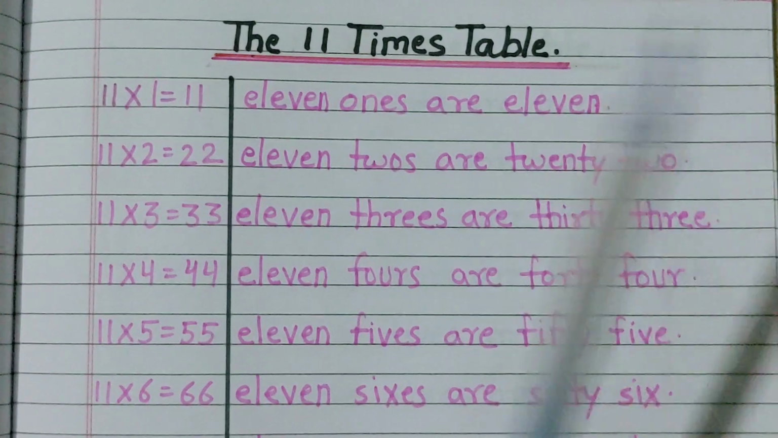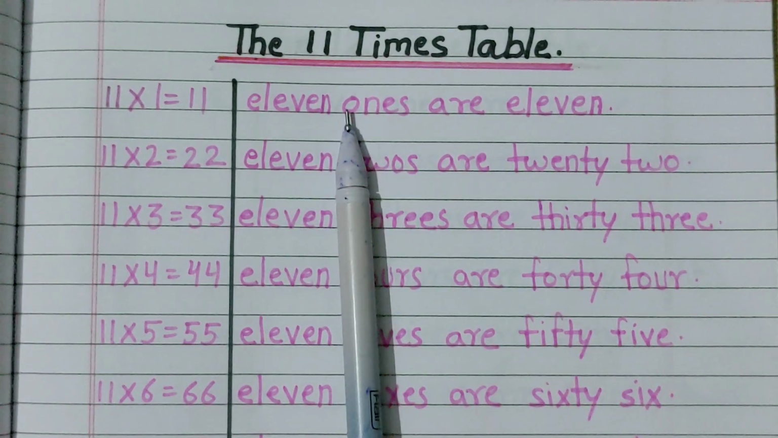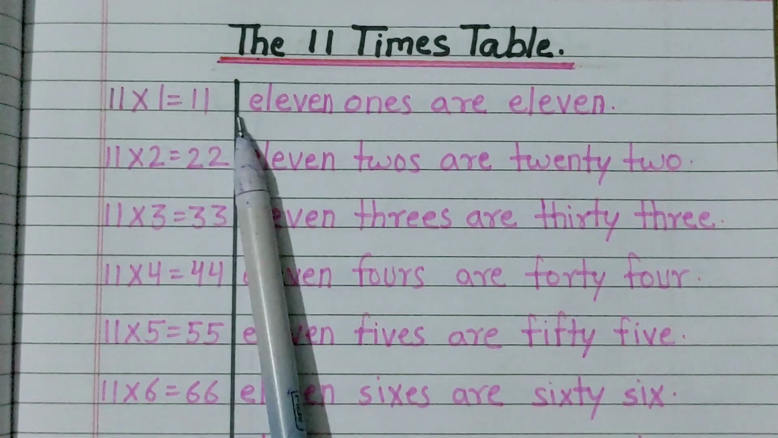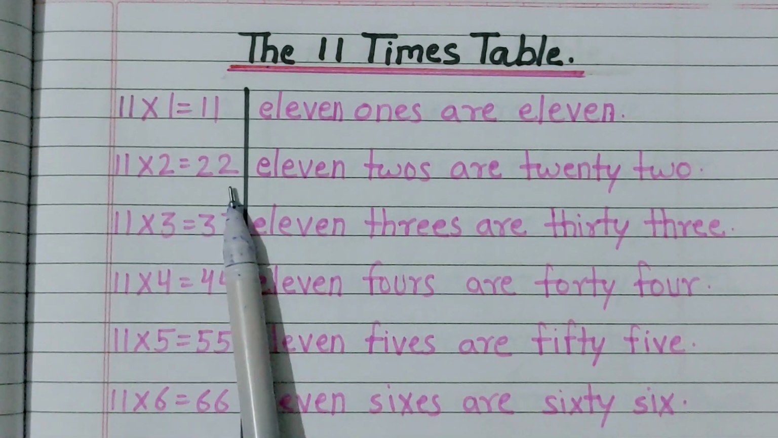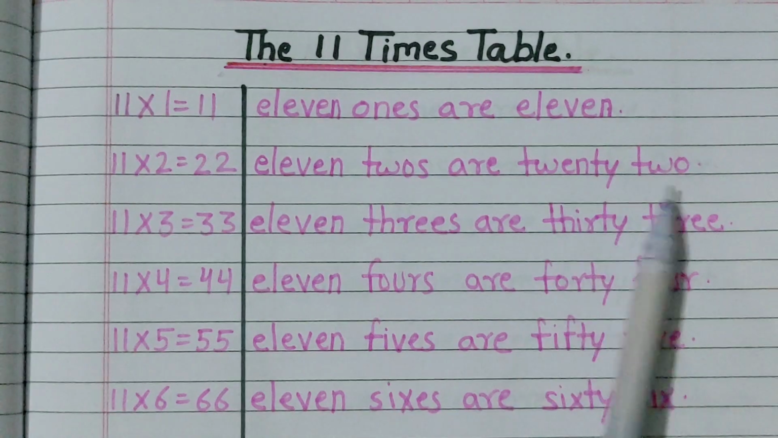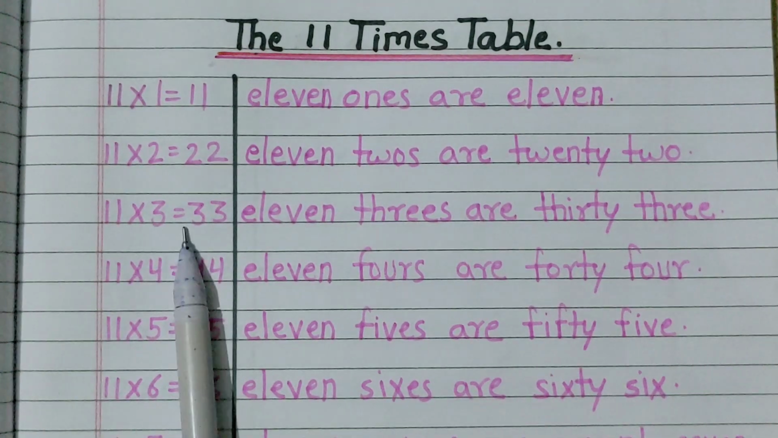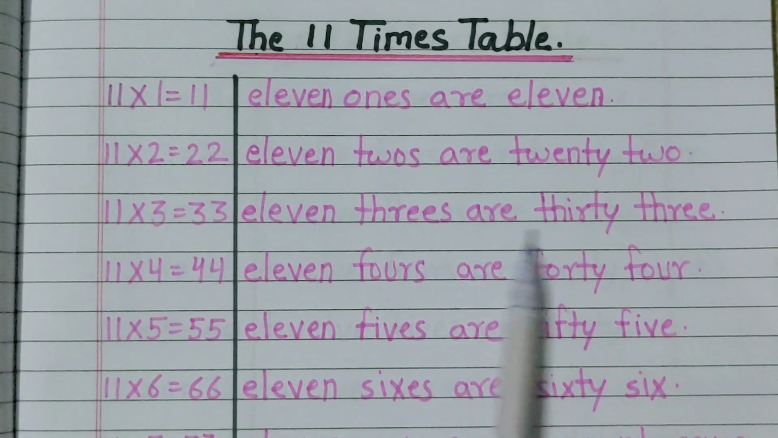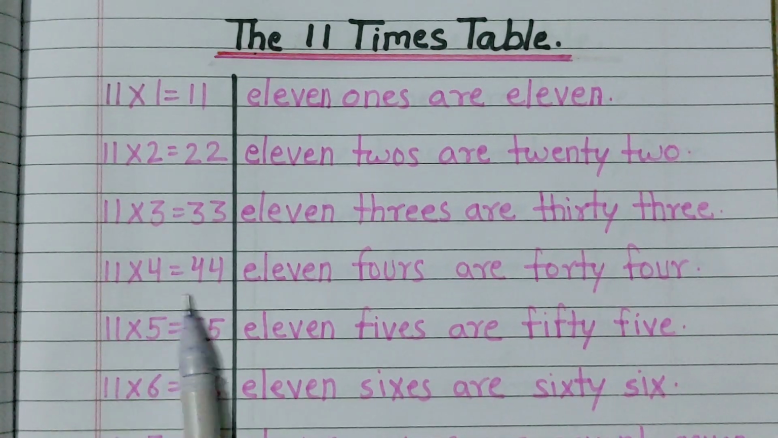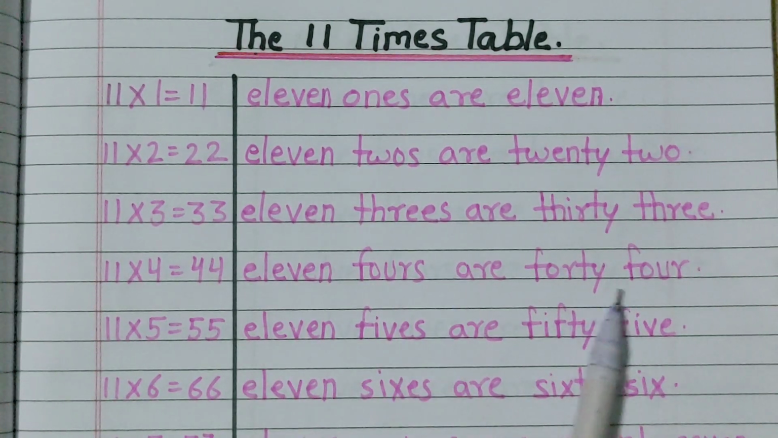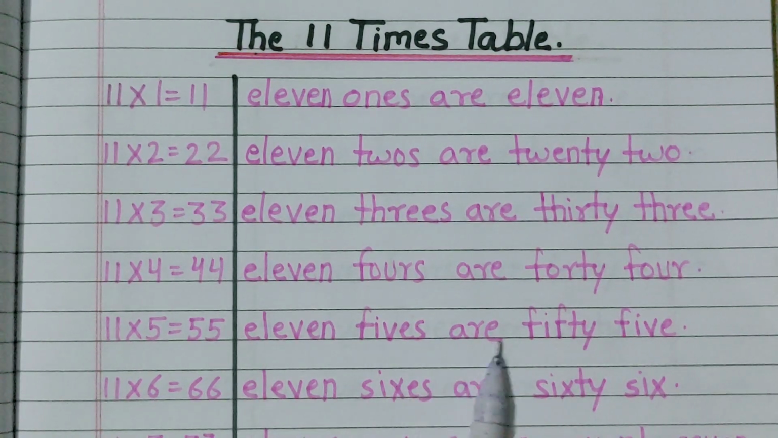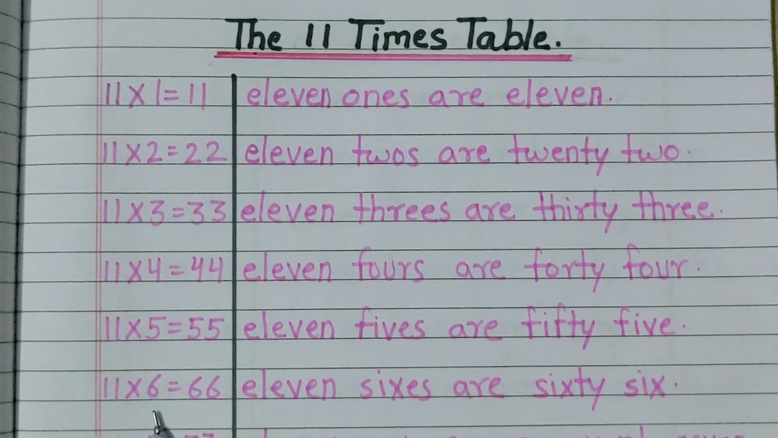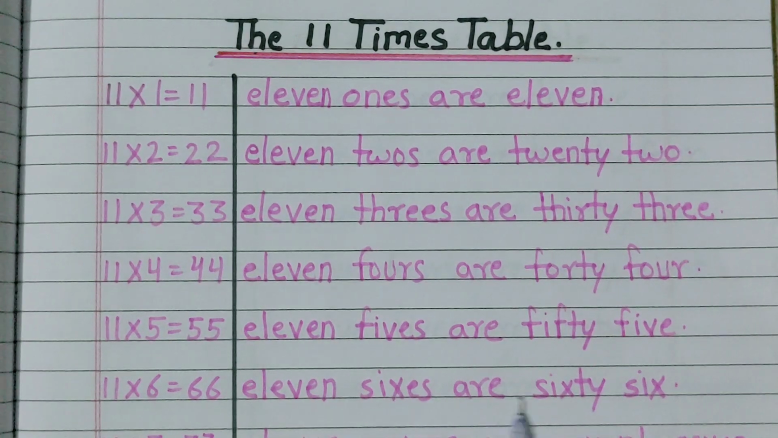तो सबसे पहले हम 11 का टेबल सीखेंगे। तो चलो शुरू करते हैं। 11 1s are 11, 11 2s are 22, 11 3s are 33, 11 4s are 44, 11 5s are 55, 11 6s are 66,